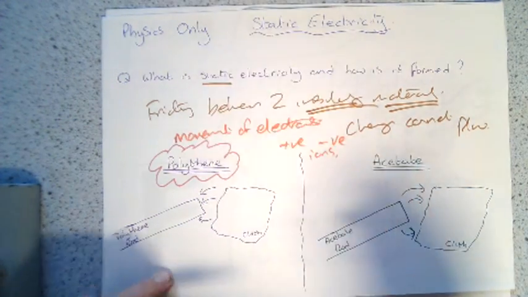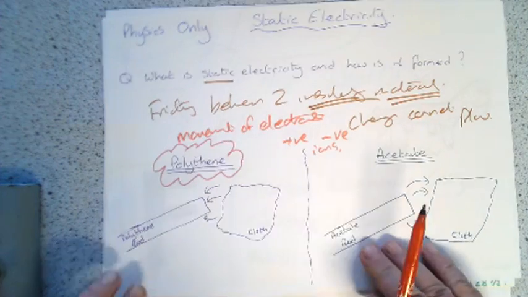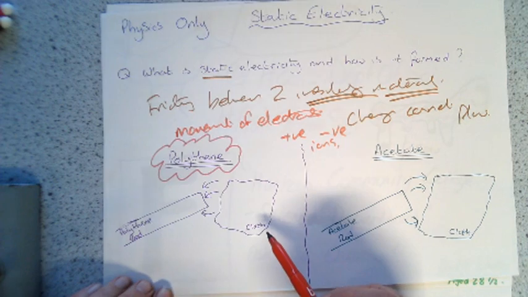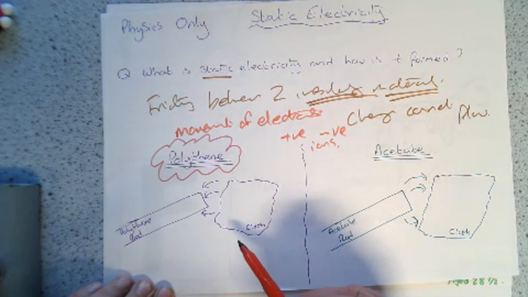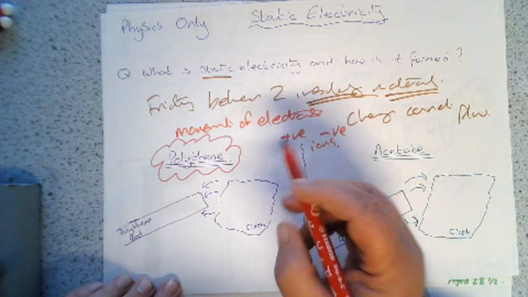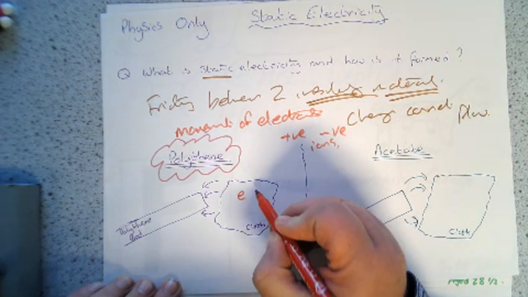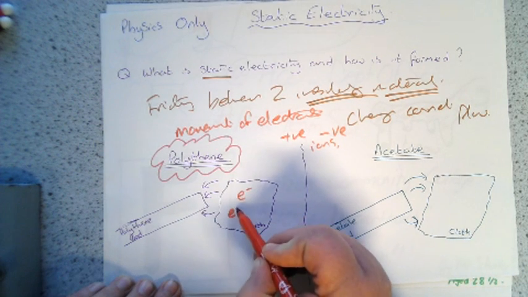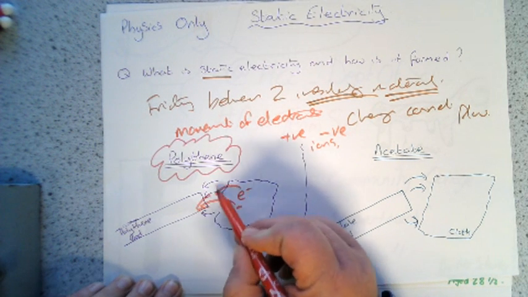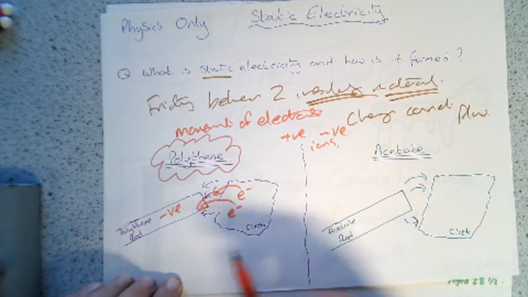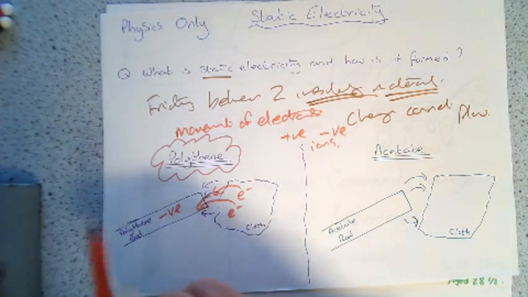So I've done a pre-prepared diagram here for polythene. I've got a polythene rod, and you might have done this experiment where you rub the rod with a cloth. As you're rubbing the rod, electrons actually move from the cloth onto the rod. And if electrons are moving from the cloth onto the rod, the rod is gaining electrons, and therefore it's going to become negatively charged. Whereas when you've got an acetate rod,